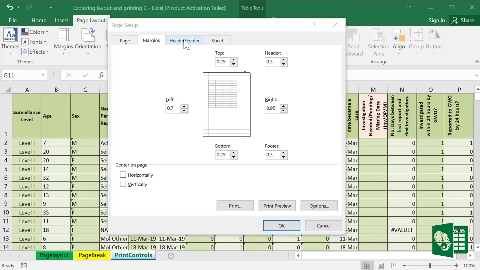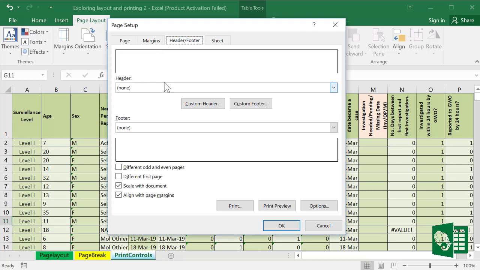The other control is the header and footer section. We can customize the header and footer here. You can click this button. Let's try to